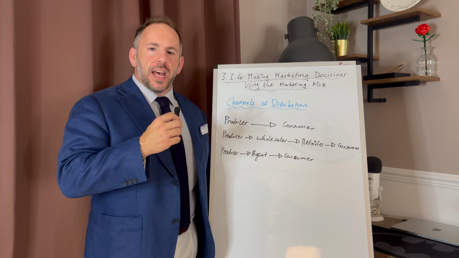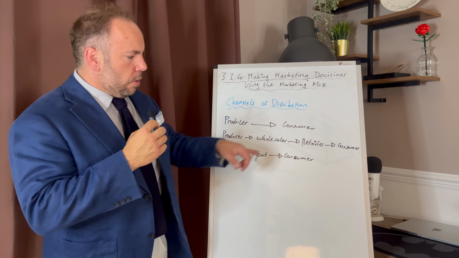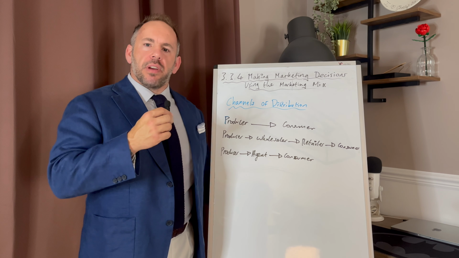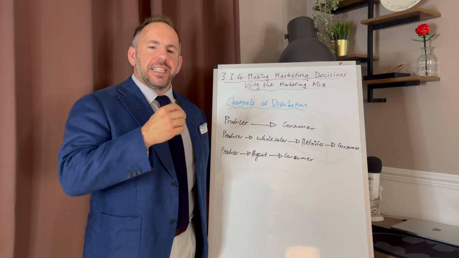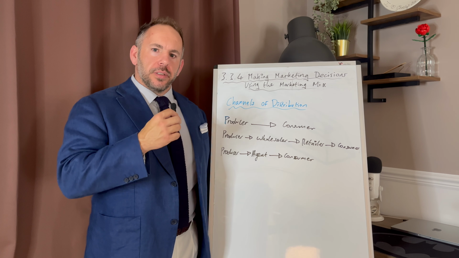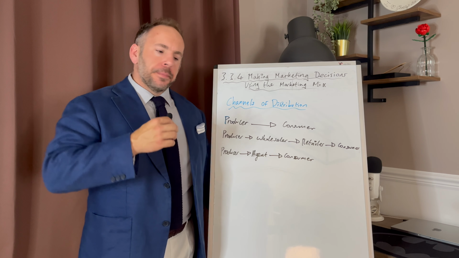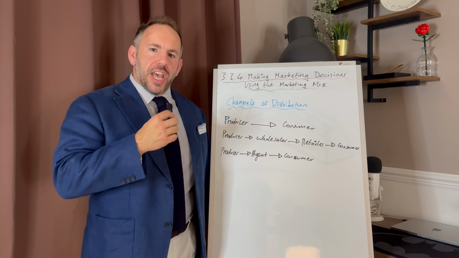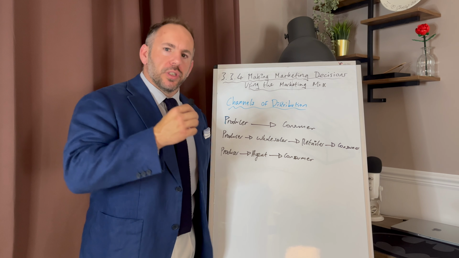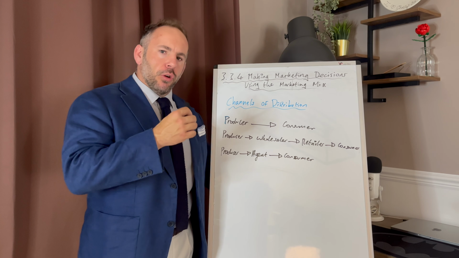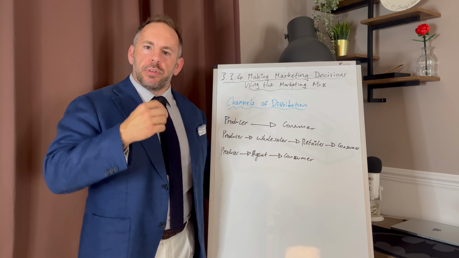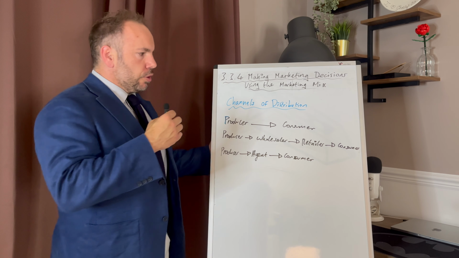Now, as you can imagine, this cuts out what we like to call like the middlemen, okay? The people in the middle of the channels. And what that does is it allows a producer to soak up the maximum amount of revenue and profit because they can sell it at the retail price. However, that's not going to help you if you have lots and lots of customers and only one place where you produce things. My favorite example of this would be like private jets or yachts. Because if you're going to buy a private jet, you'll probably go straight to the producers of private jets, order directly through them, deal with them, they make your jet and you go and pick it up. So it's probably how that goes down. But then how many private jets are sold each year? I don't know, not many, I should imagine. Okay, so producer to consumer.